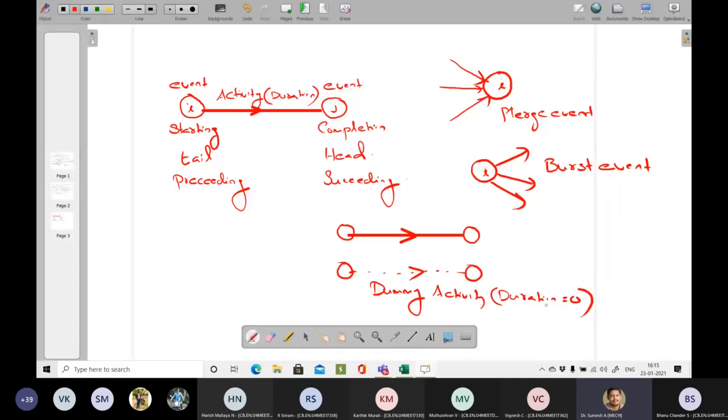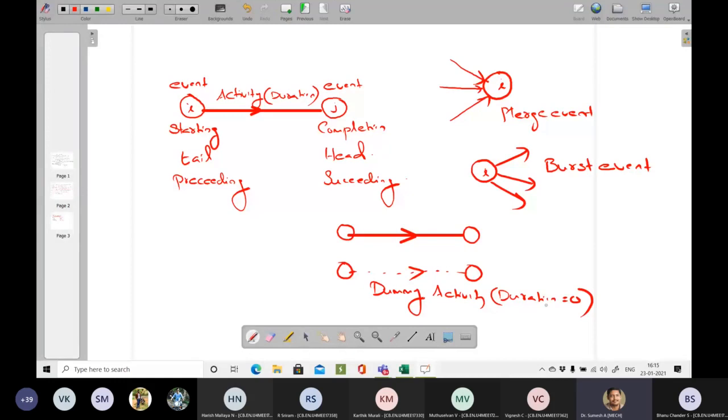I'll just give you an example, so you will be able to understand it a little more easily. It may be a process such as molding. There is a need for a machine installation.